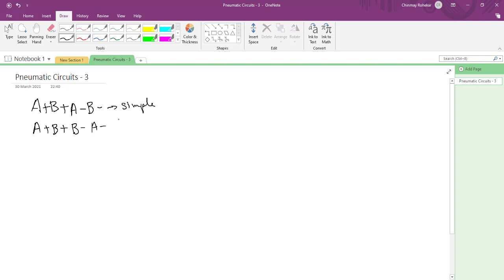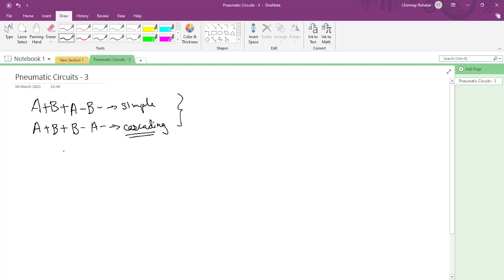In exam you can draw this circuit using the simple method also, that is perfectly acceptable, no problem about that. But for this circuit we have to use cascading method because the simple method does not work for this system. So the best thing to do is, rather than remembering two different methods for solving these two kinds of situations, you can always remember this cascading circuit. The cascading circuit can be used in any condition. Okay, so yesterday we saw what were the rules for cascading circuits and everything.